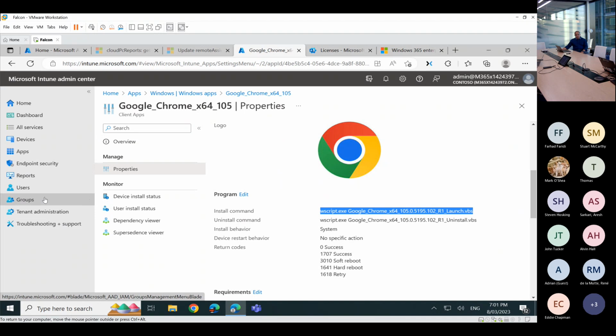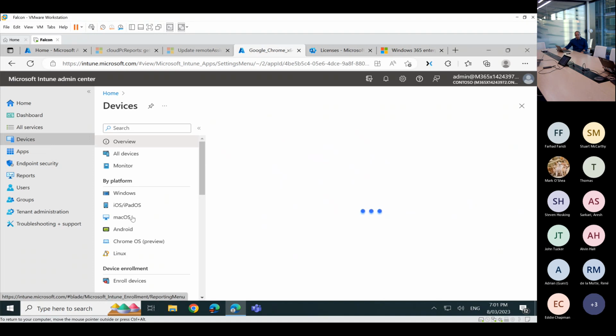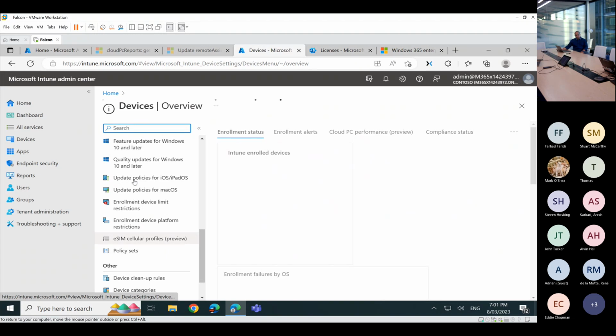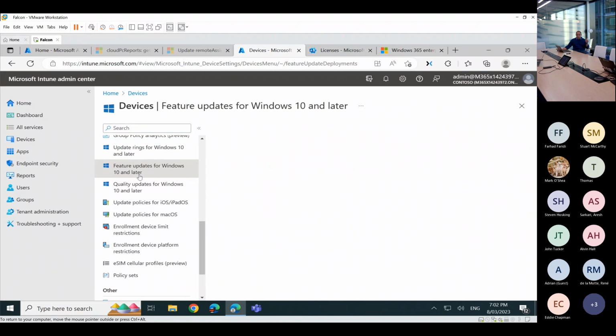Next is what are we doing in terms of configuration policies and security baselines? And then we'll wrap it up and open it up for questions. You can leverage, as I told you, if you remember, I started this with Windows 10. Guess what I used to update Windows 10 to Windows 11? The feature updates.